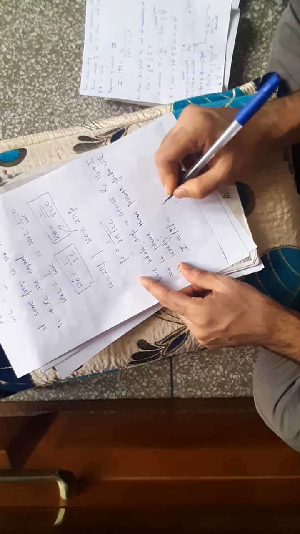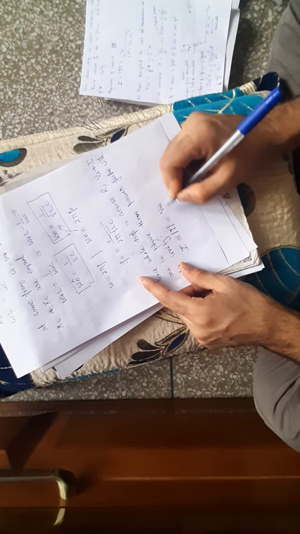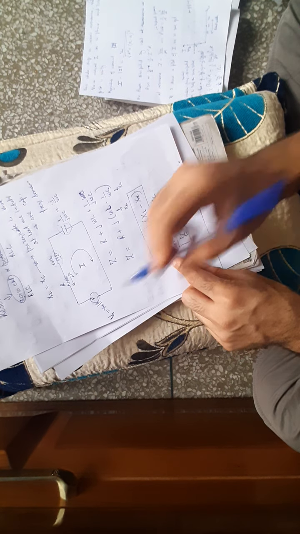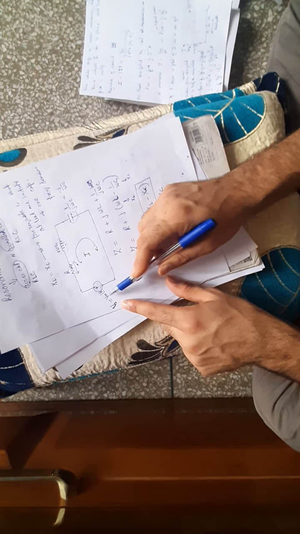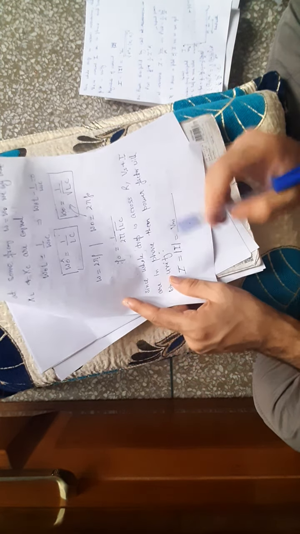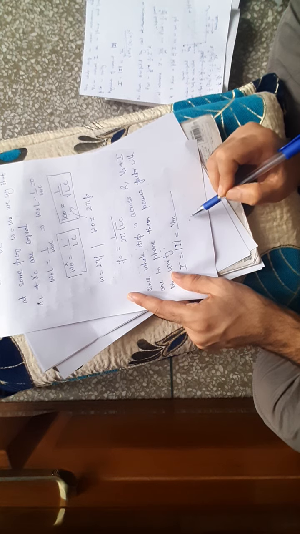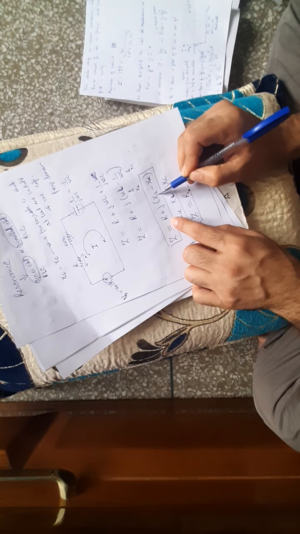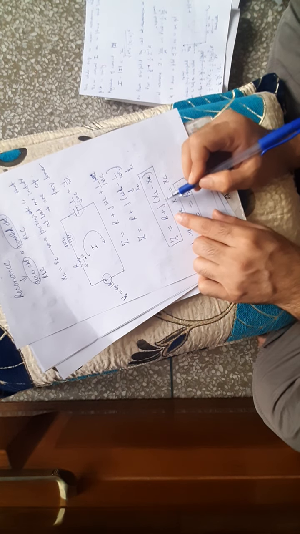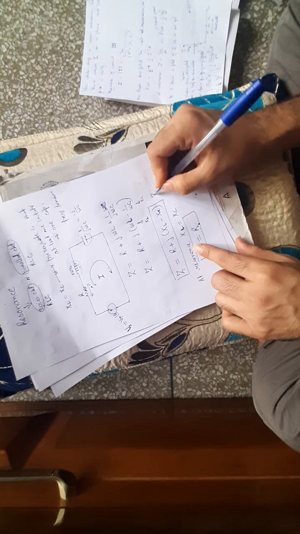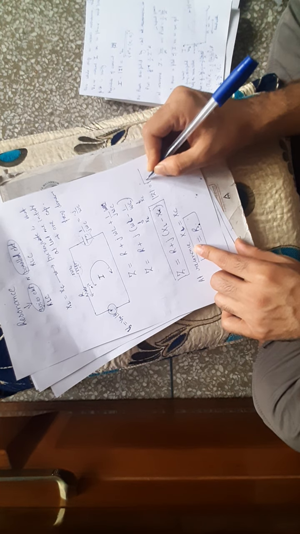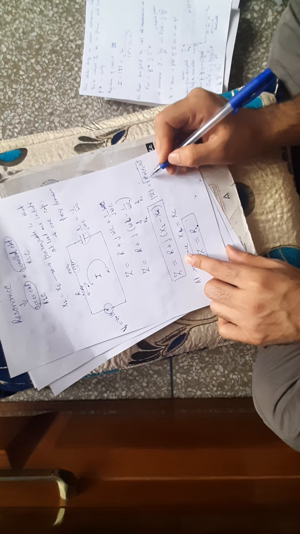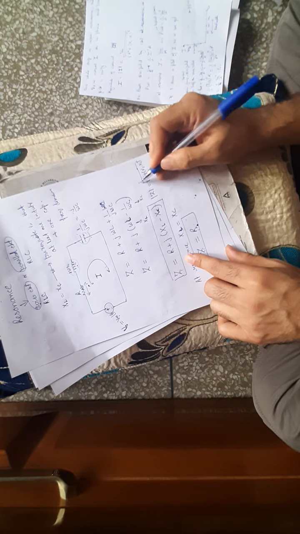It is given by the voltage Vm divided by the magnitude of the impedance, because the magnitude of this source voltage is Vm. So the magnitude of current is the voltage magnitude divided by the impedance magnitude. The impedance has a real part plus an imaginary part. So what will be the magnitude of Z here? It will be the square root of R square plus (XL minus XC) whole square: real part square plus imaginary part square, whole square root.